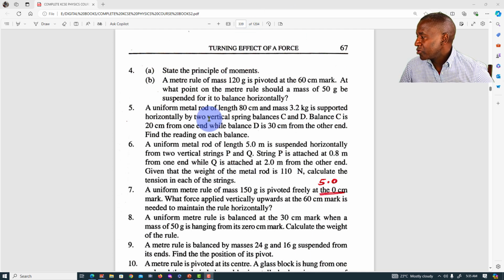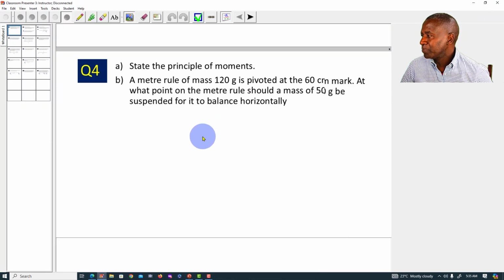I had asked you to do questions 5 all the way up to number 10, but I've decided to start with question 4 because I've seen there is a part B of question 4 is a calculation, and part A is a very important concept that we are using throughout. So without wasting time, let's go to the first question, which is question 4, where we are asked to state the principle of moments,